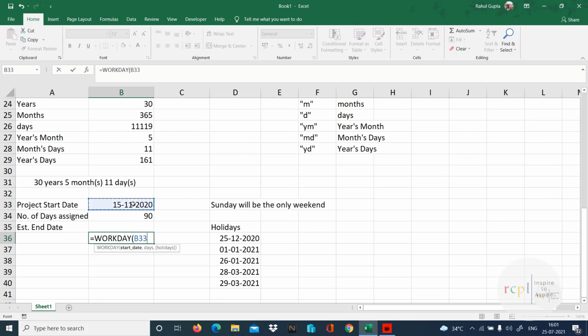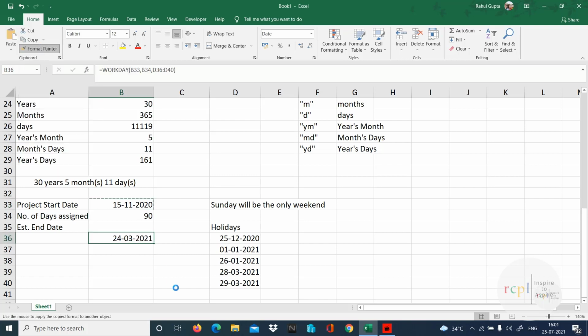So here we have start date, comma, number of days, comma, holidays, and enter. So again some value kind of, so I'll just use format painter and click on this.